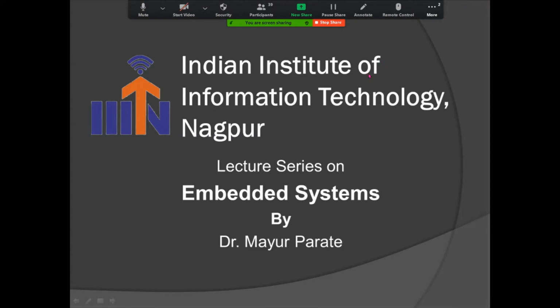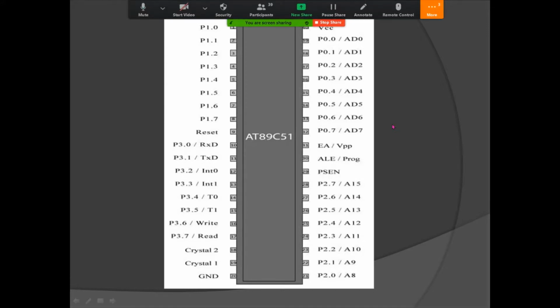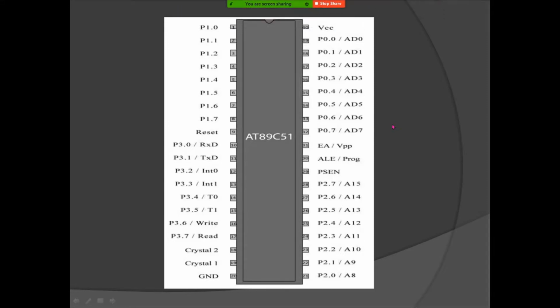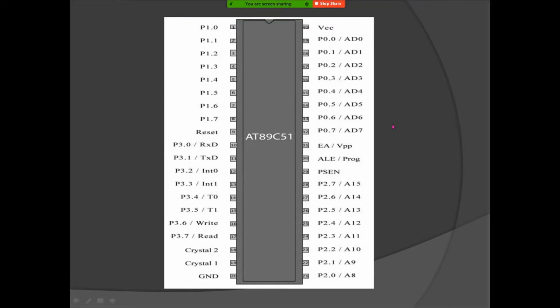Now in this lab, we're going to cover the simulations of both the software. First we're going to simulate Keil software, and learn how to use it so that we will be able to dump our hex file, which will be generated in Keil, into another software called Proteus, which is a circuit simulator software. And we are going to see the demo of LEDs blinking in Proteus software.